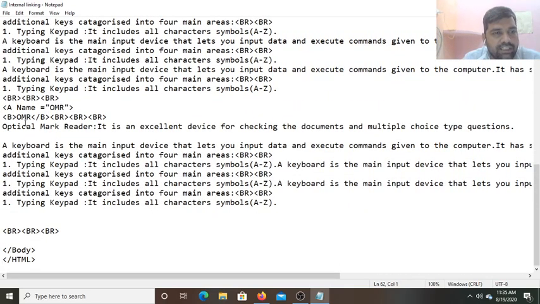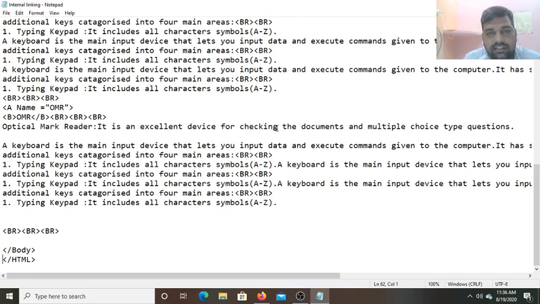After that I have mentioned here, see, anchor tag name equals OMR, the fourth one. So four anchor tag href we have used and four anchor tag name also, and we use the anchor tag name as a value, link name equals link name, where you are writing the paragraph for that keyword. Here for OMR I am writing, so I have written this anchor tag name equals OMR and just after that I have written the paragraph for the optical mark reader.